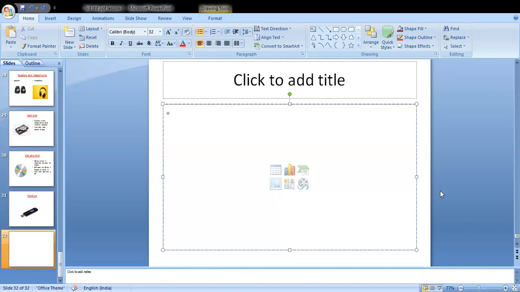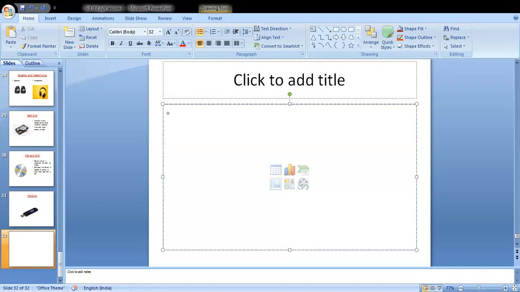Next topic is hardware and software. All of you have heard somewhere about hardware and software, so we'll discuss this. The various components that make a computer system can be classified into hardware and software. Hardware means what? Which you can see and which you can touch.